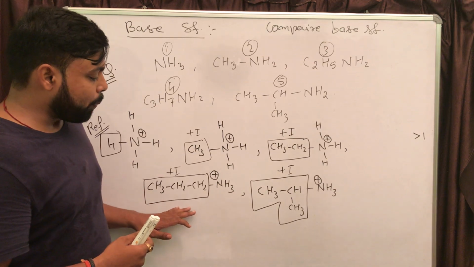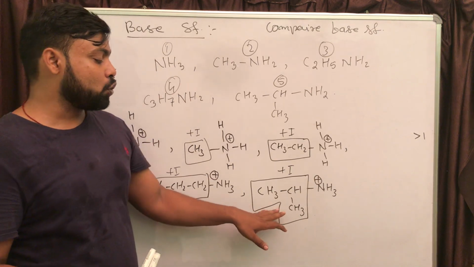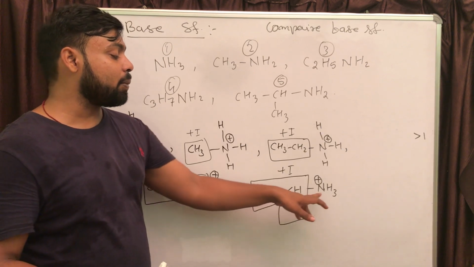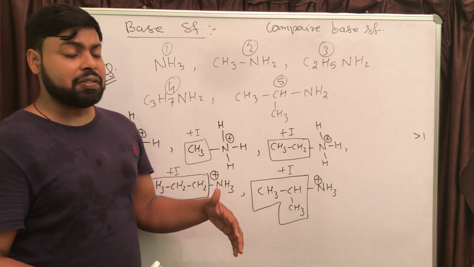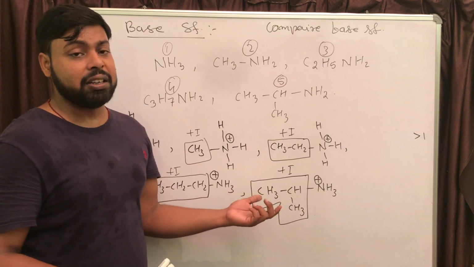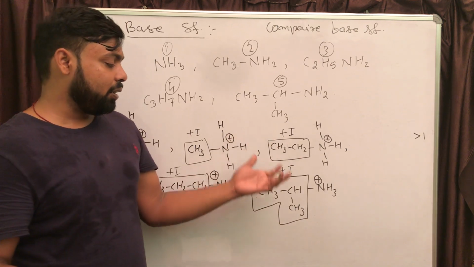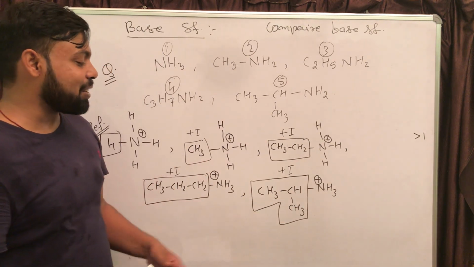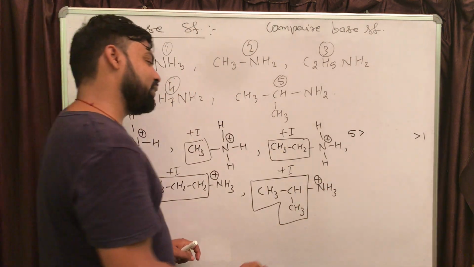So out of this propyl and isopropyl, the electron donation ability of isopropyl is going to be more than propyl, right? Because here it is a 2-degree carbon which is directly attached with the nitrogen. So what I am saying, the minimum positive charge which is going to appear on nitrogen will be in the fifth one. The reason is the electron donation ability is maximum in case of isopropyl. So the isopropyl NH3 cation will be most stable. So the most stable one is the fifth one, and then definitely it is the fourth one.